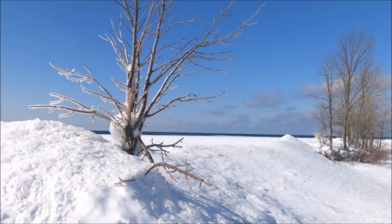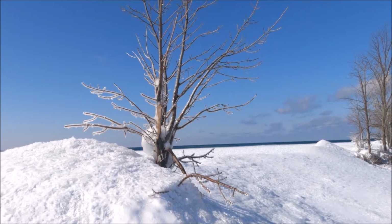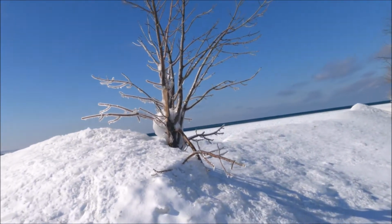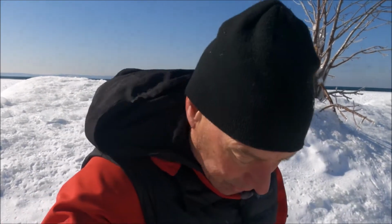It's a little bush, if you can see that in the GoPro, and it's got ice formation all along its branches and twigs, if you will. So I just want to set up real quick, because it's bitterly cold, Canon 50D handheld, a couple of shots,